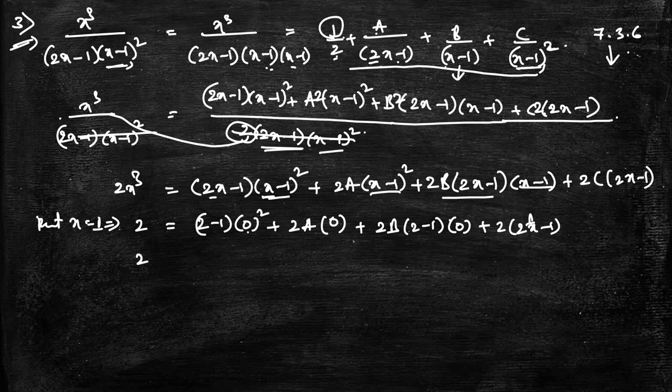So 2 is equal to, this will total become 0, this will become 0, and this will become 0. What is there here, x is equal to now, so 2c, so 2c is equal to, so here this will become 1 now, 2c is equal to 2 will come here. From this c is equal to 2 by 2, the 2 and 2 will cancel here, c is equal to 1.